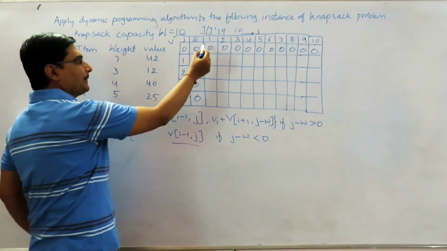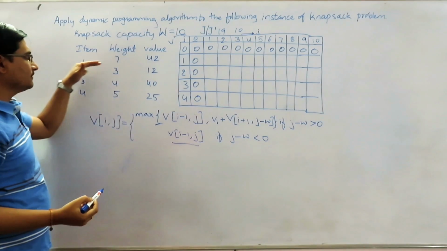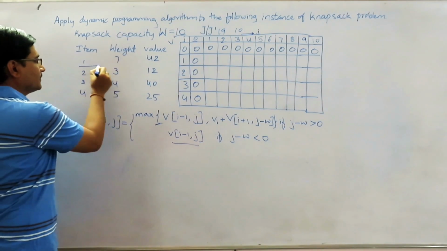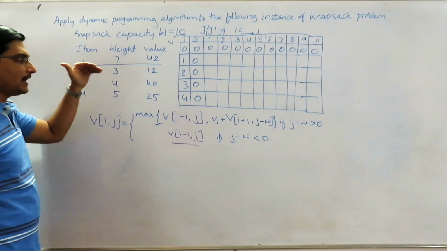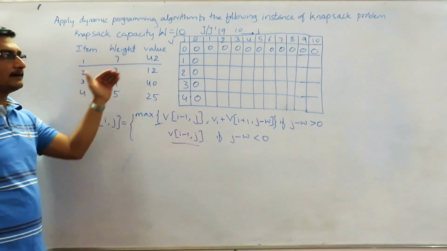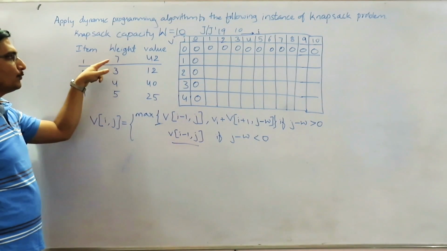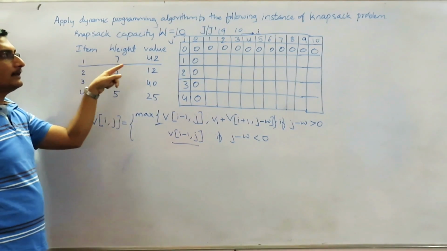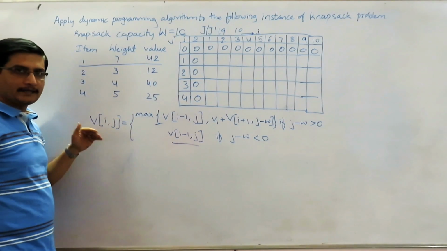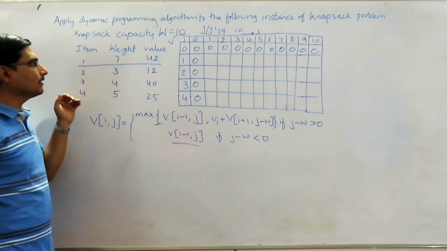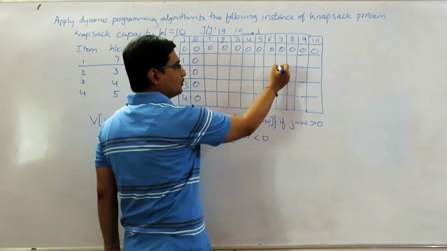Now, when the capacity of the bag becomes 1, can we consider the first item? See that we are going to discuss only the first item at this moment. We can enter the first row in this way. The first item weight is 7. So till the capacity of the bag becomes 7, we cannot fill the knapsack with that item. So directly we can go to this one.